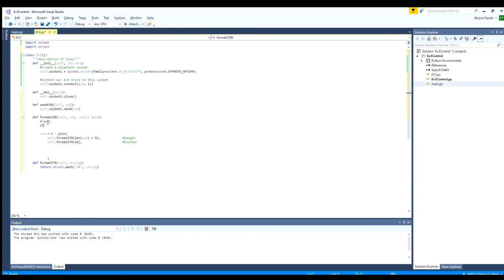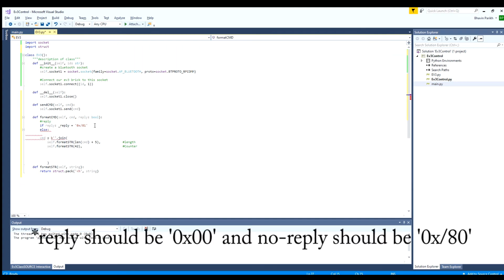So if reply is yes or true, then we want to set _reply to equal 0x01. Cool. And else, so if the reply is false, we can set reply,